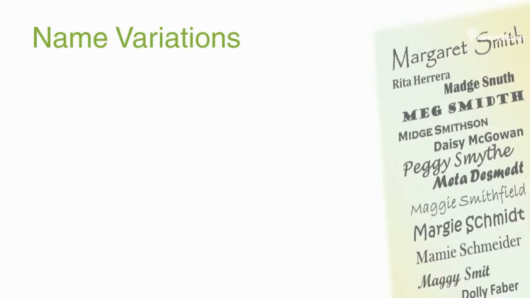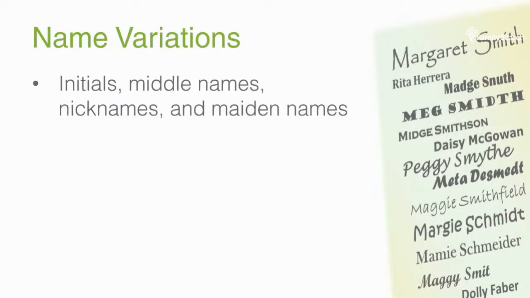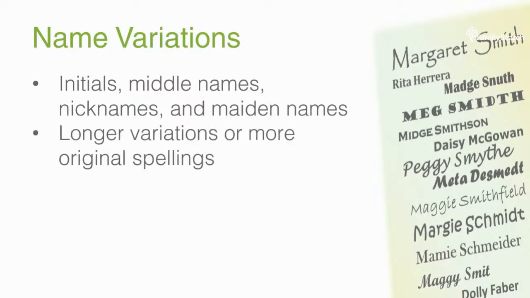Don't forget to look for name variations. Your ancestor's name was probably anglicized at some point. Either it was made longer or shorter, or names were changed or made easier to say in English, and so you want to understand what that original name was. So make sure you're looking for initials, middle names, nicknames, maiden names, longer variations, or try and find the original